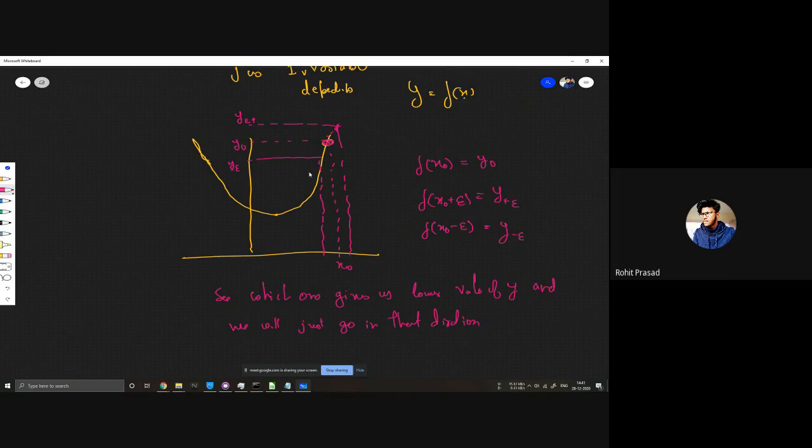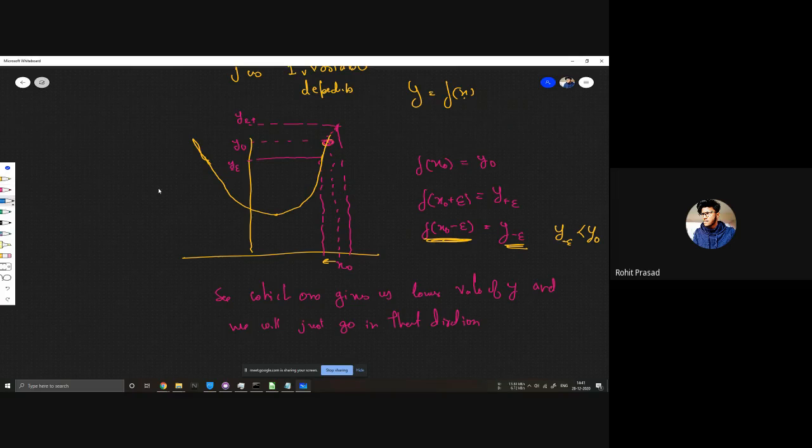Okay, so after doing this, we find that y at x naught minus epsilon gives us y minus epsilon that's less than y naught. So we go in this direction. So after this we come here.